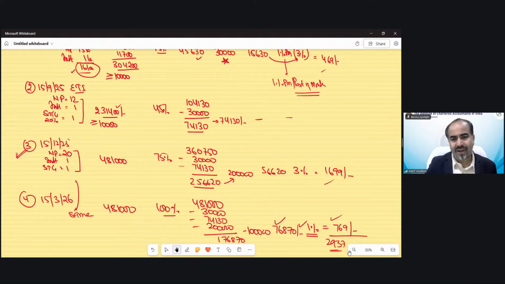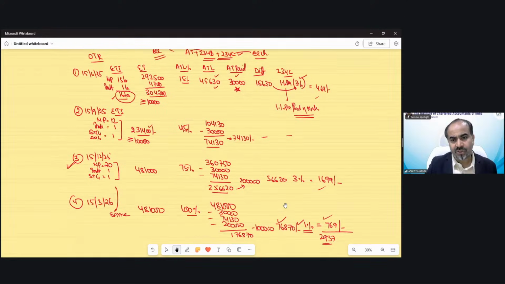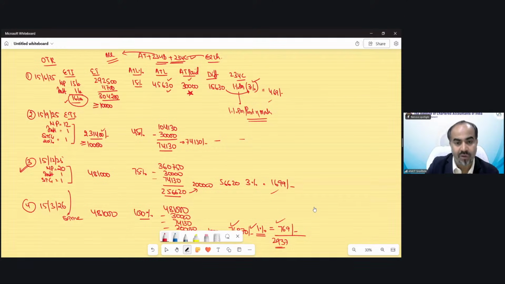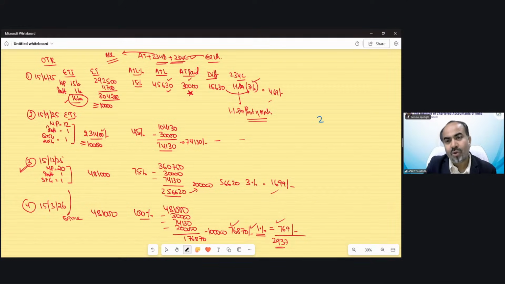So you can calculate the interest under section 234C with the solution of advanced tax calculation. Side by side, you can calculate the solution of 234C. But we are left with the 234B calculation. Once we calculate 234B, then we will move on to our story time. So now 234B interest applicability needs to be checked only after the 15th March provision.